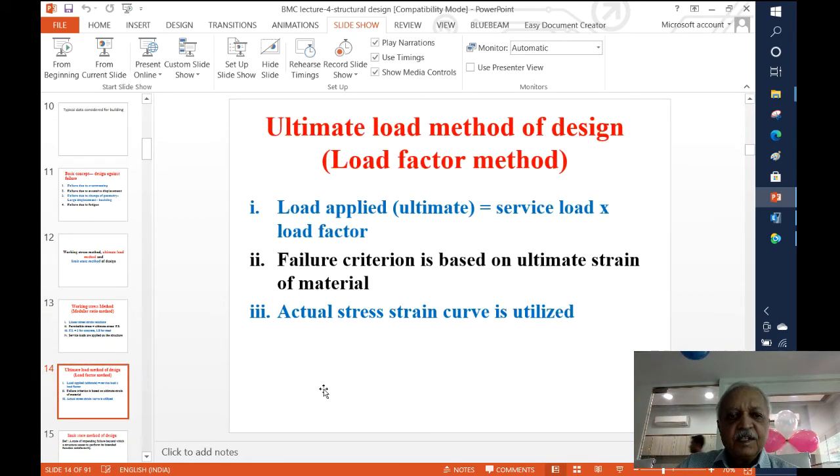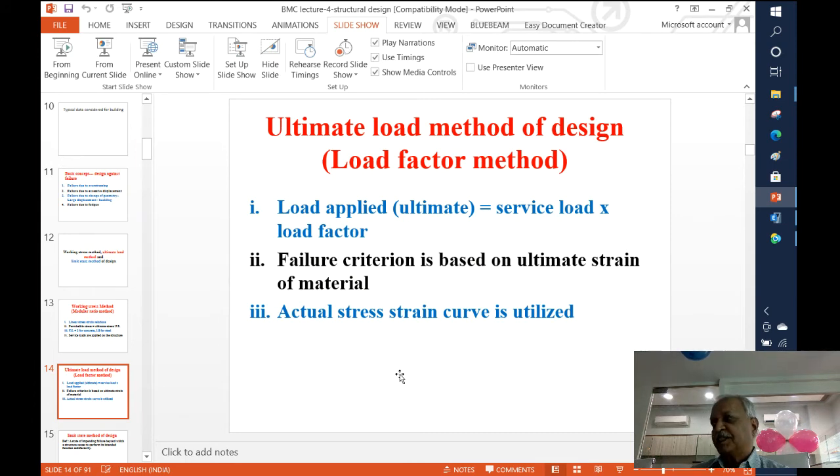Okay, fine. Then in the ultimate load method the situation is different. In the ultimate load method we adopt a load factor. I have some actual load specified, like the live load we have seen, 4 kilonewton per square meter, or maybe a wall load. So I will say that if that is the actual load, let me increase it by a load factor. I am increasing it sometimes by 1.5 or 1.8, depending upon the code and the theory you are applying.